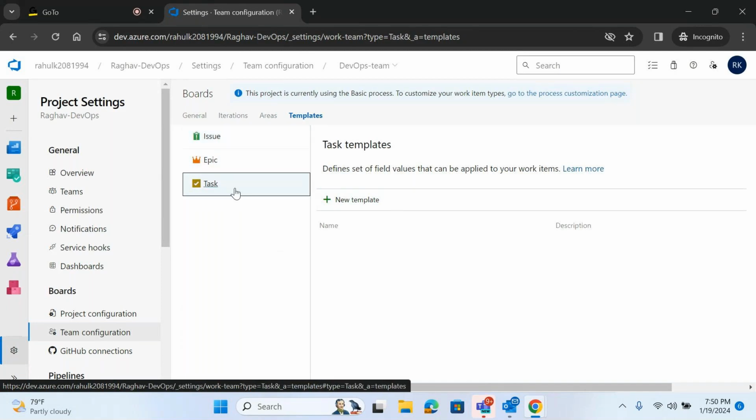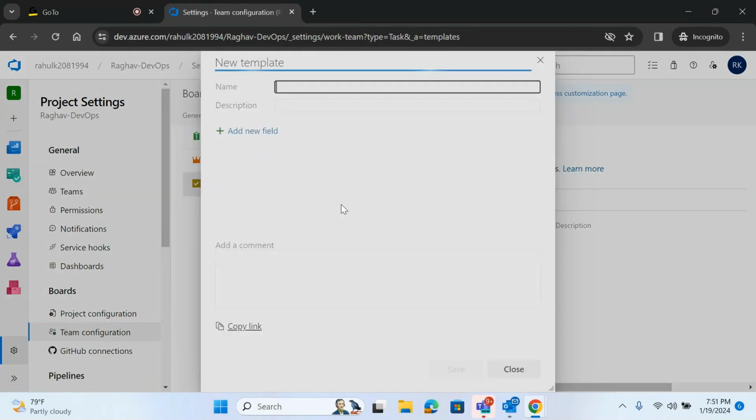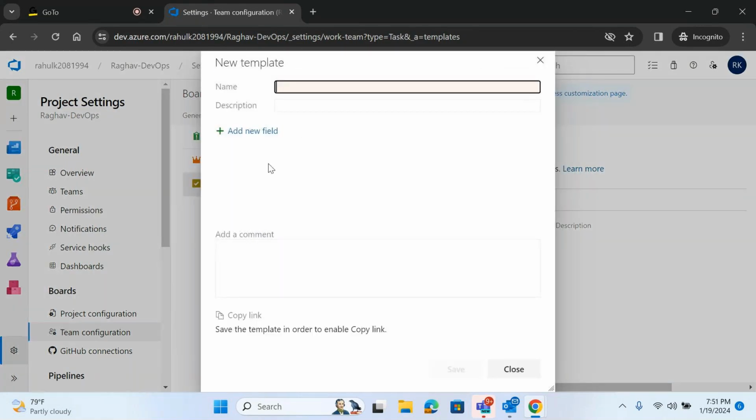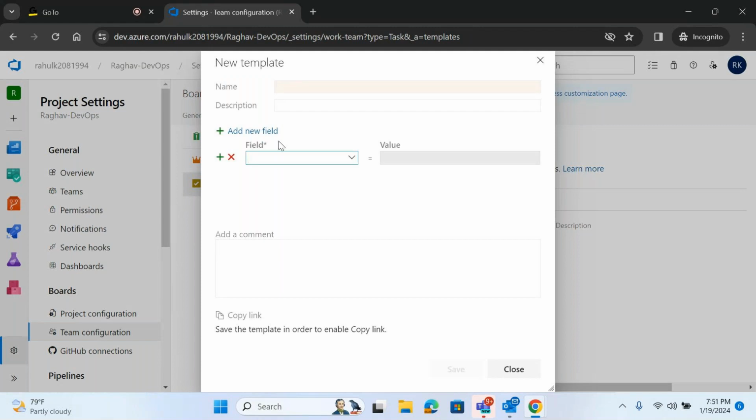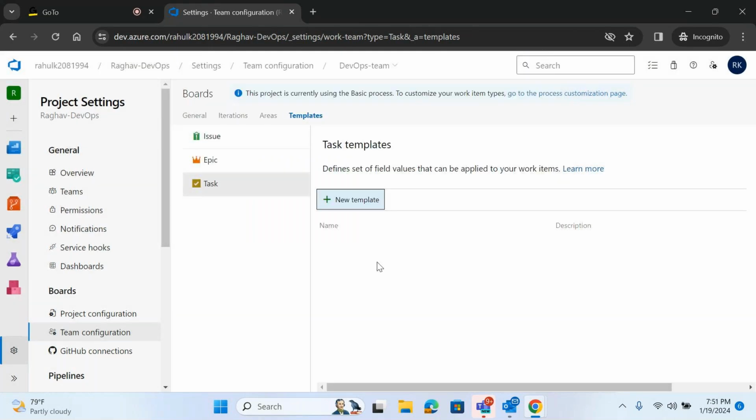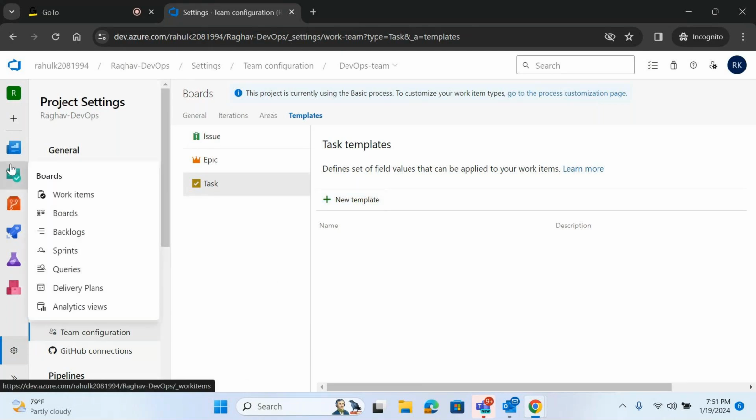Like if you want to create, I can add your template like a field, what is the value should be there and all. It is like a default template, so instead of writing everything again and again, they can create a template, and once they create a task, we can add this template, right? So that is the motive behind it. So first what I'll do, I'll just go to the board,